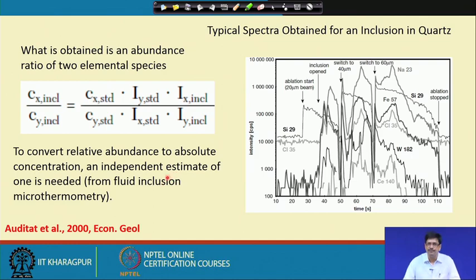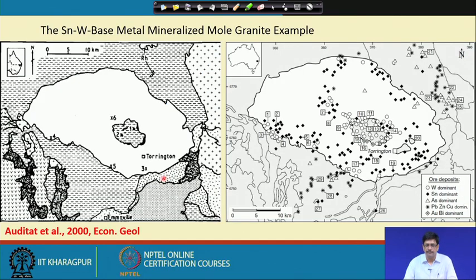Again, I will come back to the same Mole granite example which we discussed in context of the application to ore deposits. If you remember, we were talking about a situation where the Mole granite in the New England batholith in eastern Australia is a classic example of mineralization of tin, tungsten and base metal, where we compare this. This is the map in which this part, shown without any hatching, is basically the Mole granite, and these are the metasedimentary country rock with some other granitic members present, and the mineral deposit distributions are